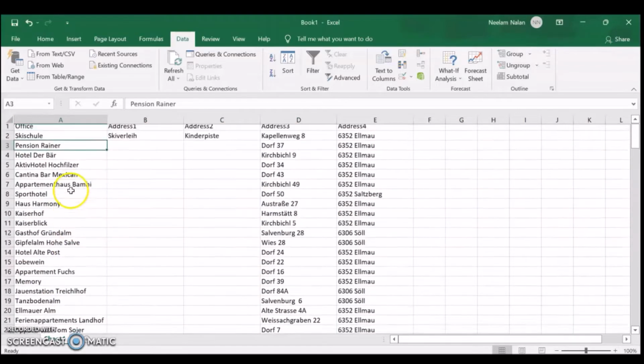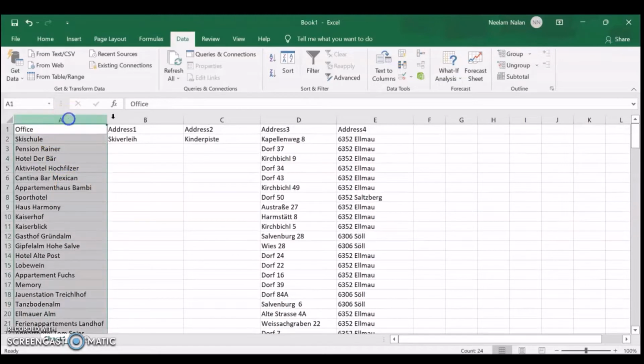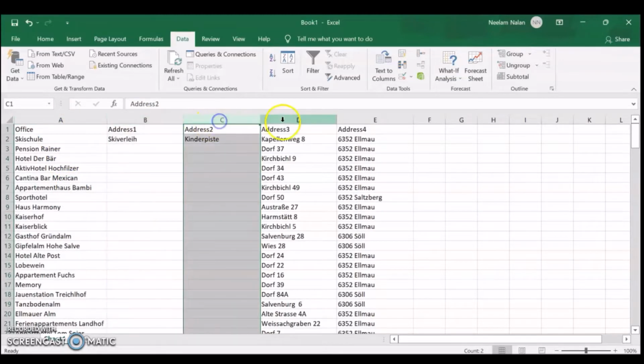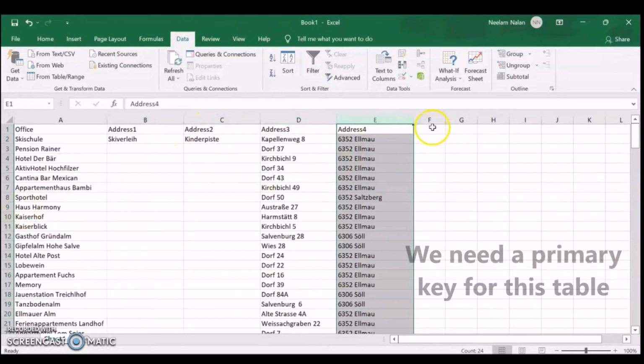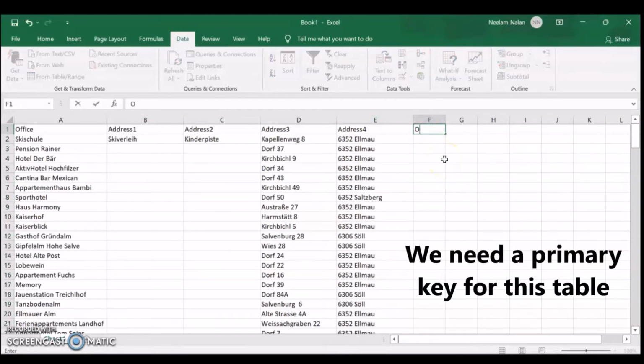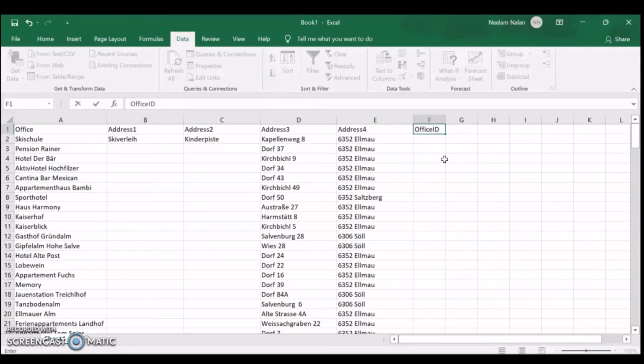We need one more thing, which is the primary key for this particular table, which will make every row unique and identify every row. So we'll insert in the F column office ID. Let's say office ID is O1, O2, O3, and so on.